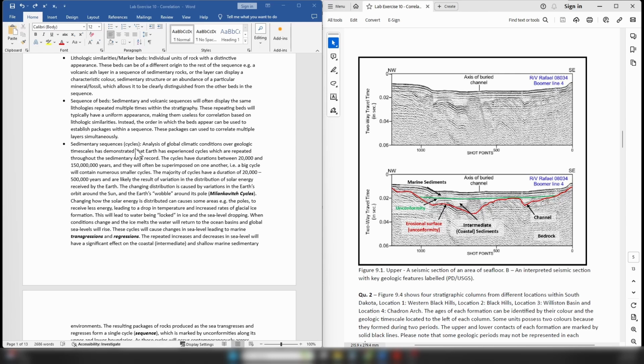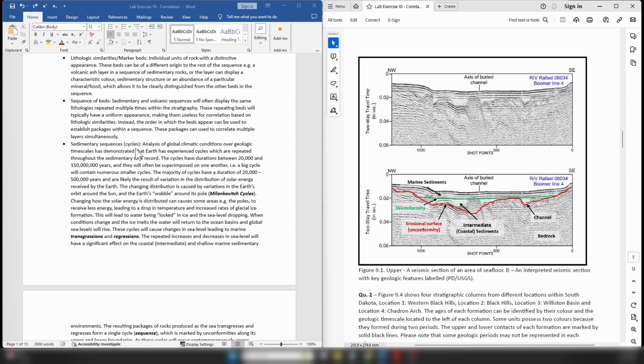And these cycles have a period of between 20,000 years and 150 million years. And they will often be superimposed upon one another. So that means obviously the larger cycle will have multiple smaller cycles within it. Now, the reason for these cycles is most likely a result of changes in the amount of solar energy received